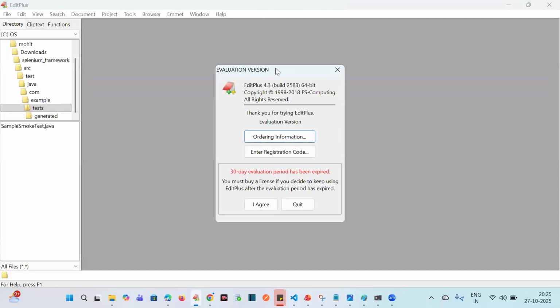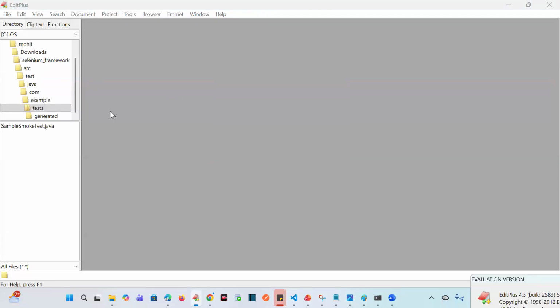Okay, so I will do the practice on EditPlus. This is the software where I will write the Java code. It is a type of Notepad++, or you can say Notepad, where we can do the practice. But before that,